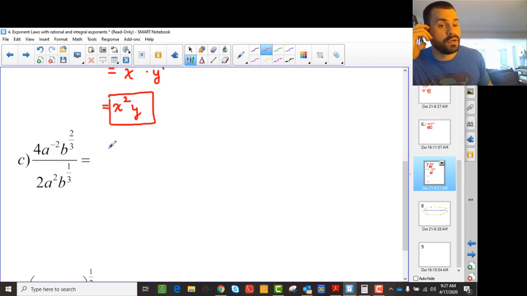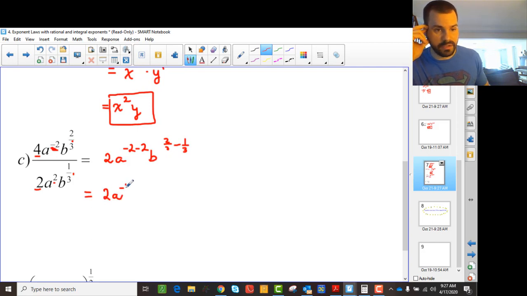This one, we're going to, again, divide the numbers first. So 4 divided by 2 is 2. And then we're going to do a, and we're going to subtract the powers. So minus 2, because it's minus 2 here, minus that 2. And then b, we're going to go 2/3 minus 1/3. Okay, this power minus that one. So what we get is 2a to the minus 4 and then b to the 1/3,